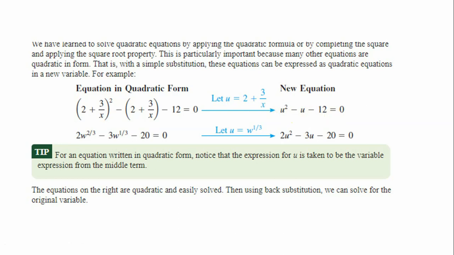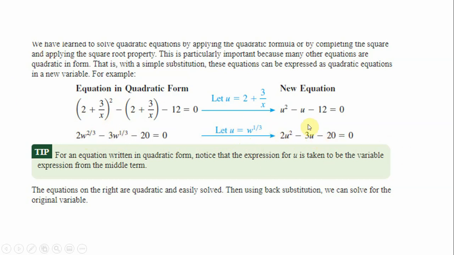Here is another typical equation in quadratic form. 2w to the 2/3 minus 3w to the 1/3 minus 20 equals 0. So here I see that this is this squared. Again, this is this squared. Square this, I get the 2/3. So if I let my u be equal to w to the 1/3, and this just comes through practice, of just recognizing what I'm going to do as my u, do this little change of variable, and this looks like